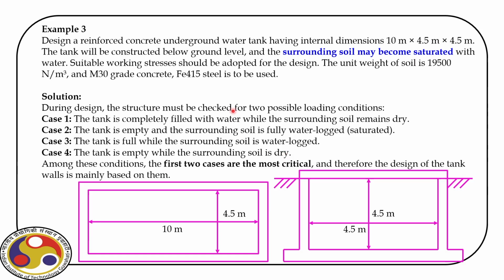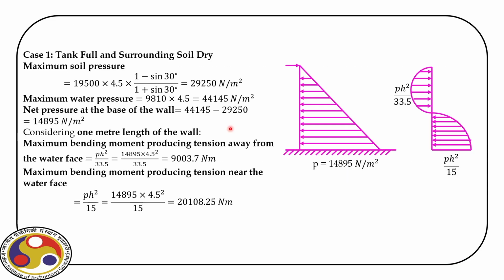So these are the 4 extremes, and out of that, obviously the first 2 cases are most critical. We will use those cases for our design. However, you can also cross-verify the design against case 3 and case 4. That I leave as an exercise for you to cross-verify. But let us in this example consider the 2 most critical cases, that is case 1 and case 2. Now, let us first consider case 1 and see how we can design the structure.